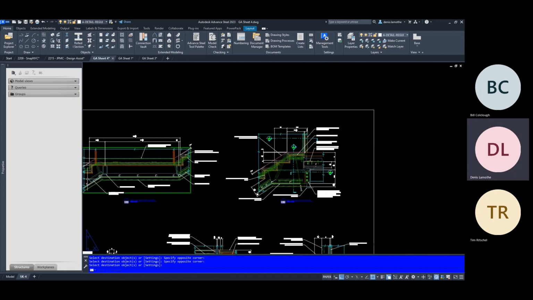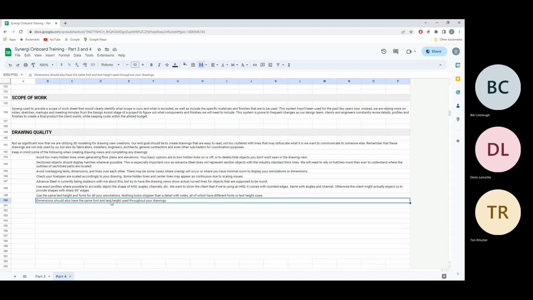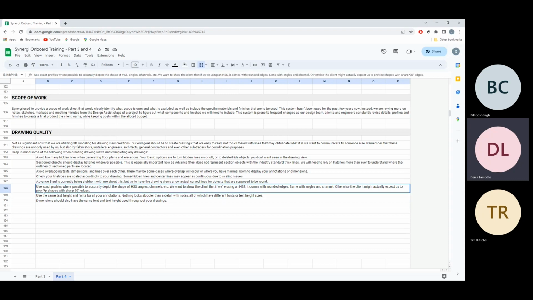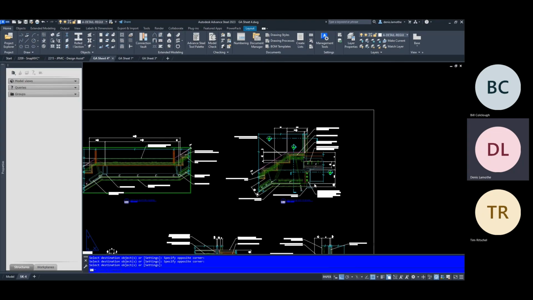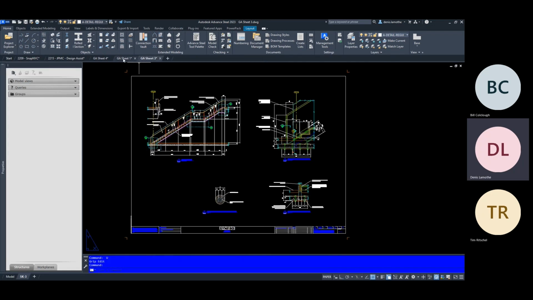So yeah, keep your drawings presentable and clean. Use the same size font, same size text height. Use exact profiles. Here's maybe another big one in Advanced Steel that you're going to have to be a little careful with as well. If you're sectioning through something